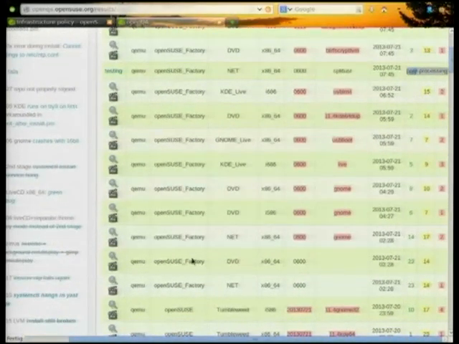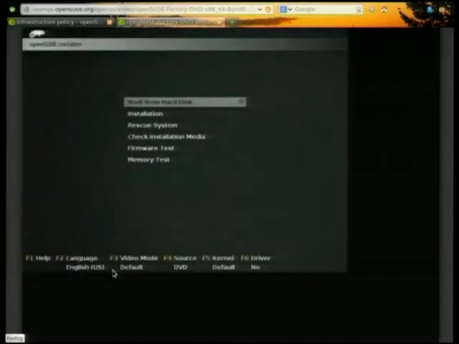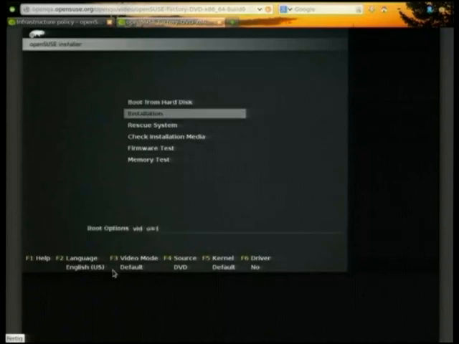Okay, this one looks good. So we have the video here, and there you can see, hopefully, the virtual machine booting the ISO, and typing into the bootloader character by